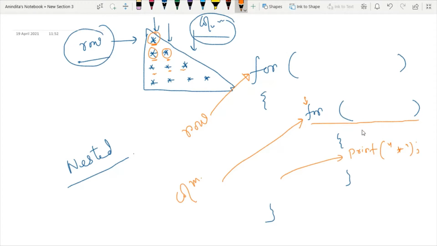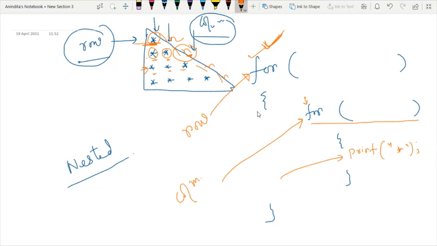And now, what is the purpose of the outer loop? After each and every row of stars, I am giving one \n. Means after the end of each row, I am giving a next line, and then I am coming to the next row. So the end of each and every row is denoted by \n.